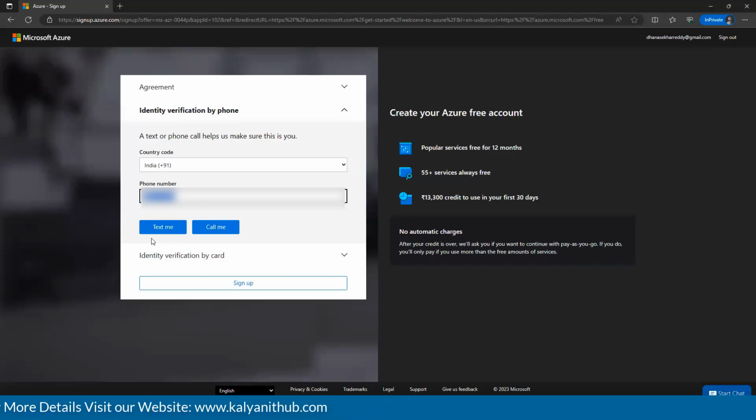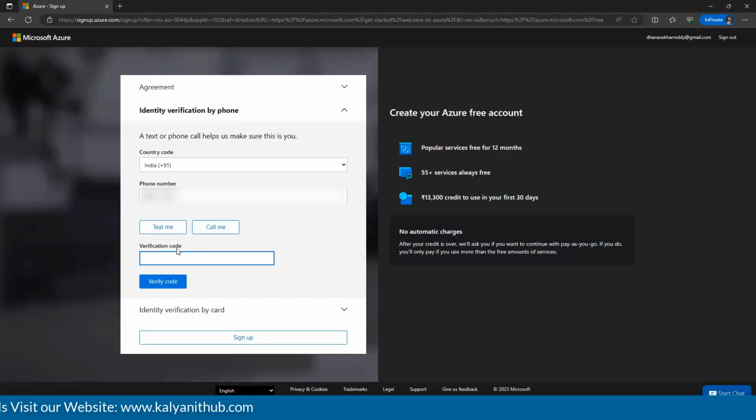Directly you can subscribe. When I click on text me, I will get a 6-digit OTP. Let me add it. Here I am entering my details. 469014. Yes, verify the code.